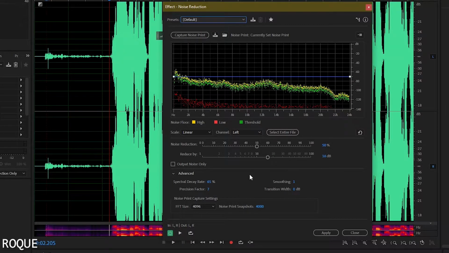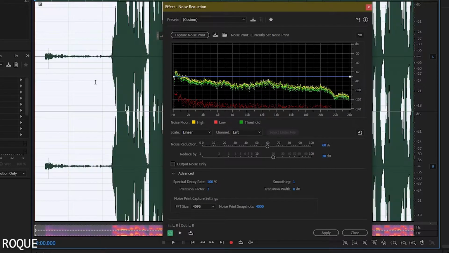These are the default settings of the Adobe Audition to remove the noise. So this is the 50, and I'm going to enter 60 value, and this is the half of the 60, that is a 30, and this is 100 if your sound doesn't have a lot of noise and you don't want to lose your audio.